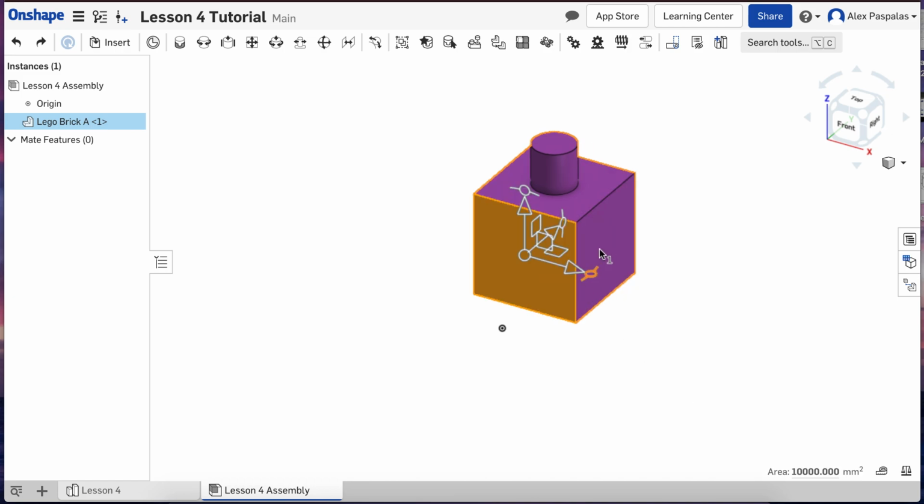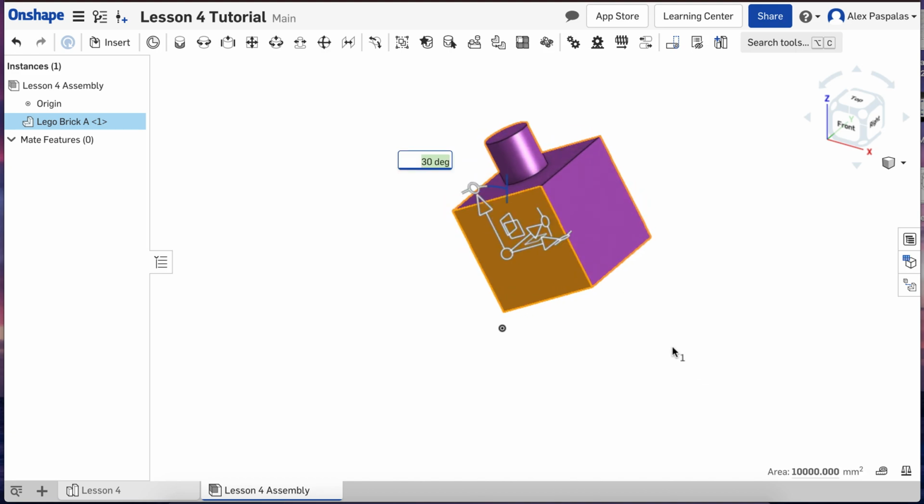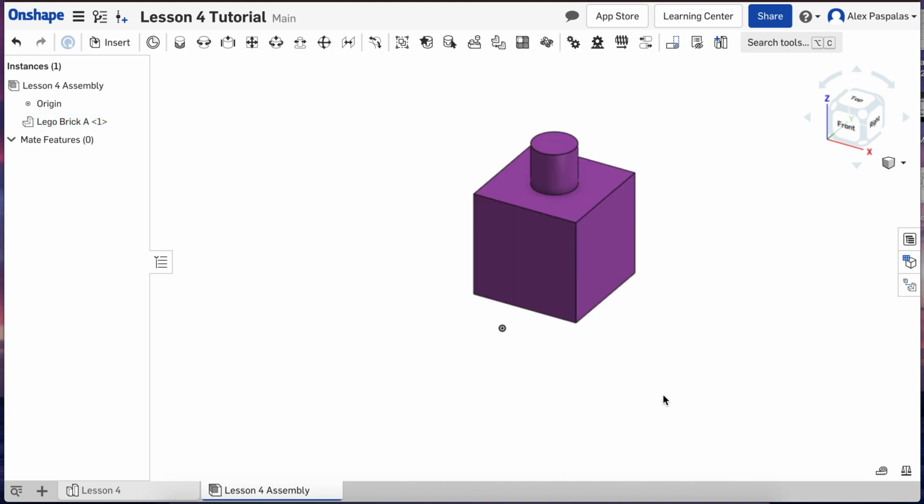So you want to make sure that you just stick to like 90, 180, 270 degrees so that nothing moves too much. If you need to flip the part for any reason, you grab a different rotation handle. And you guys get the idea. I'm just going to put that back at 0 and we're good to go. Once you have it angled correctly,